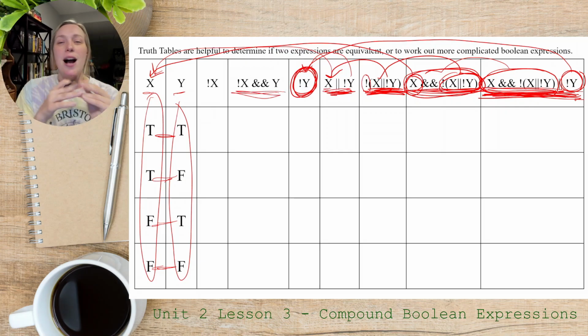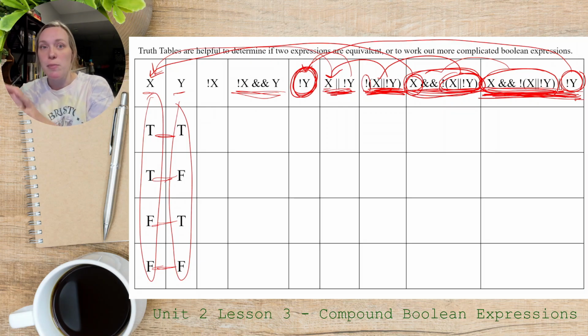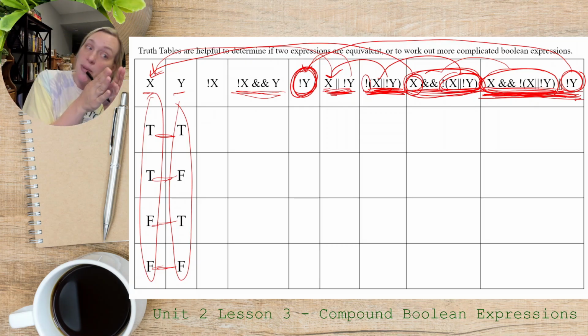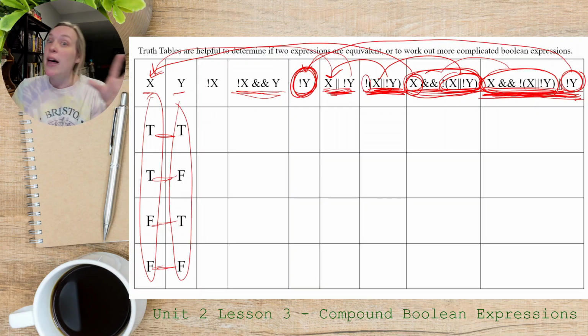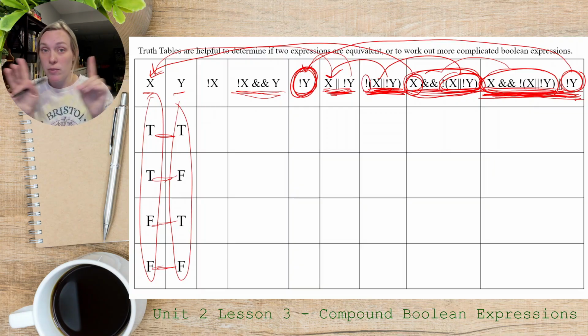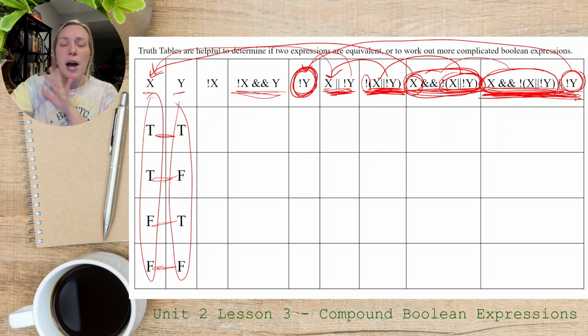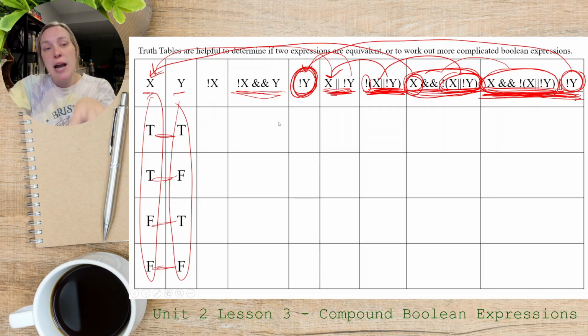We're going to do that. I don't expect you to break these down right now. We haven't talked about order of precedence. We've barely practiced these. Okay. I just want to show you, hey, this is why we're using truth tables: eventually we can break down these complicated expressions into smaller pieces that we're able to evaluate with a truth table. Okay. That's the end goal. But we haven't even talked about order of precedence yet, so I don't want you stressing about this. At this stage, my goal is to show you how to evaluate